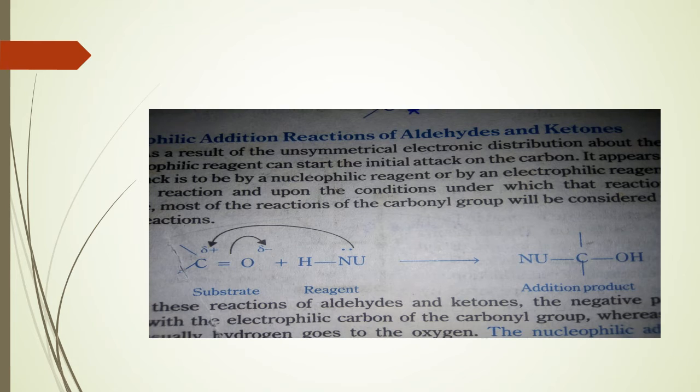This type of reaction is followed either by acid or base. Acid and base are used as a catalyst. One thing is very important: whether you are doing the addition reaction with an acid or a base, the addition product will be the same. Now the question is, why do you need to use the acid catalyst in some reactions and the base catalyst in other reactions, although the addition product in both cases is the same?